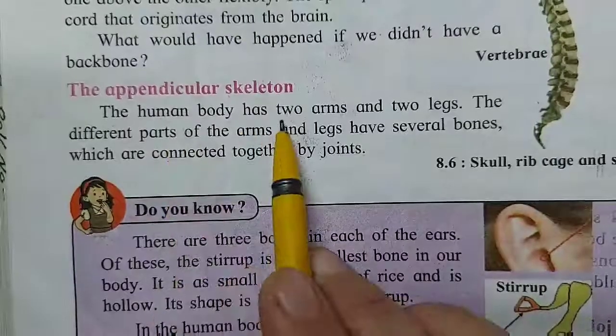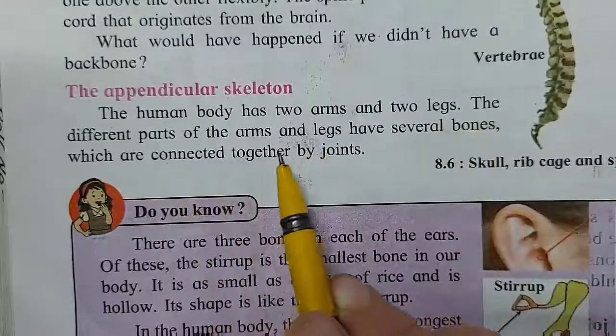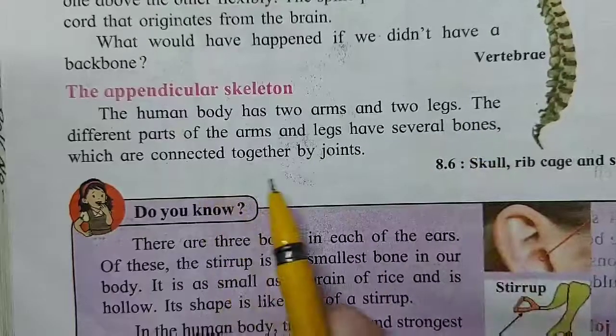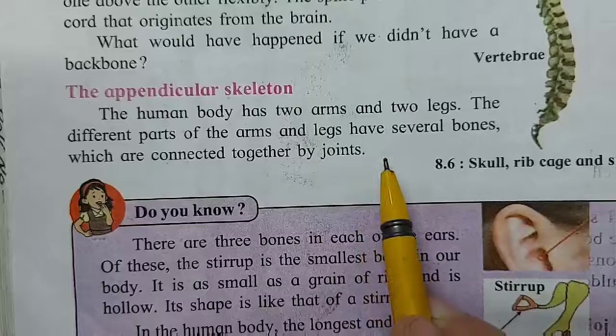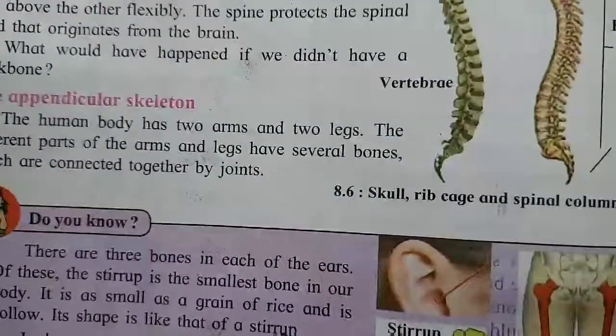The human body has 2 arms and 2 legs. The different parts of the arms and legs have several bones which are connected together by the joints. That is called the appendicular skeleton. Okay, children? Moving further,